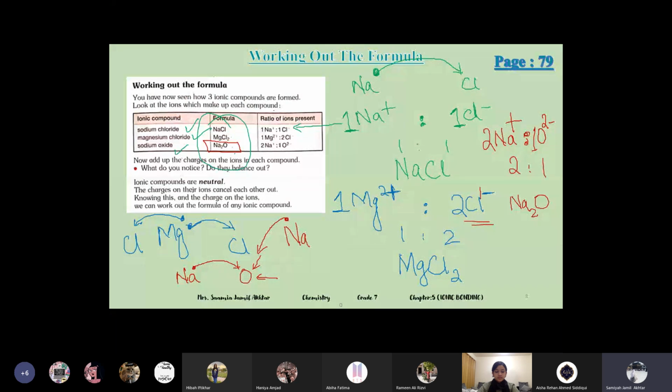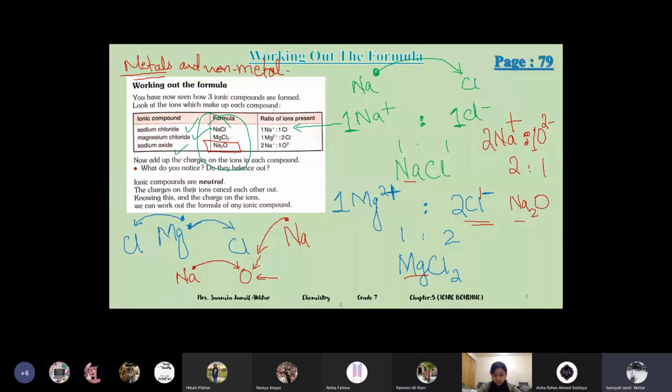Metal will always come first, remember, when we make the formula, because we know that ionic bond is between metals and non-metals. In the definition we discussed that ionic bond is between metal and non-metal. While we make the formula, we have to make sure that metal will always come first and then non-metal. In sodium chloride you can see sodium and then chlorine. Sodium is a metal. Magnesium and then chlorine. Sodium and then oxygen. So metals will come first. The thing which donates the electrons will always come first.